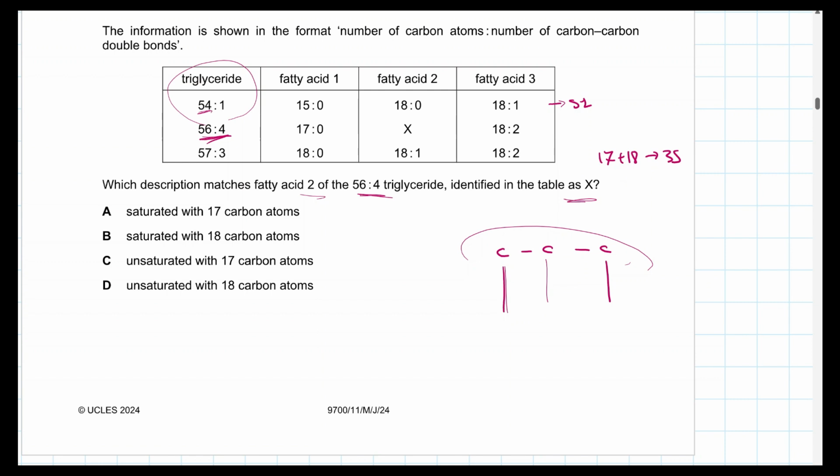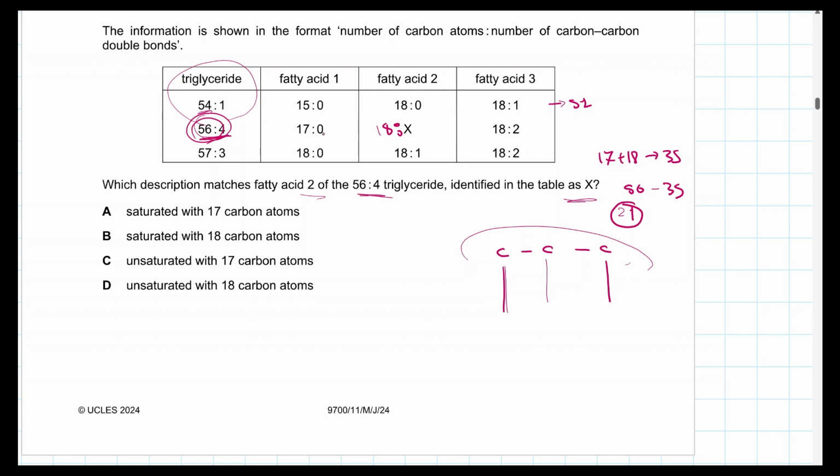Now, 56, which is the total, minus 35 is going to give us 21. Now, we know that this consists also of the 3 carbon atoms of the glycerol, therefore we're going to subtract 3 from 21, and this would give us 18 carbon atoms. So now we know that we have 18,